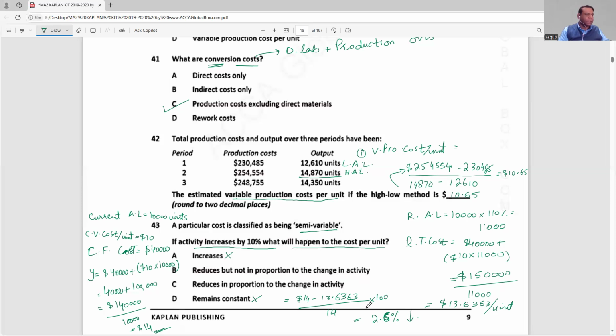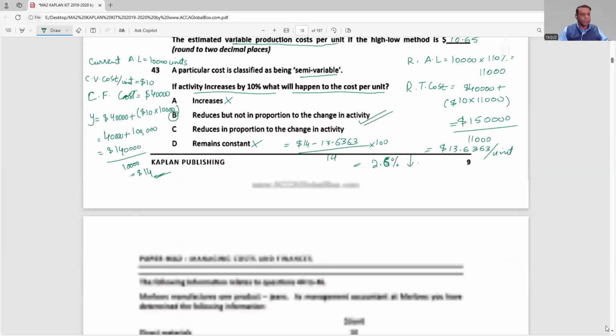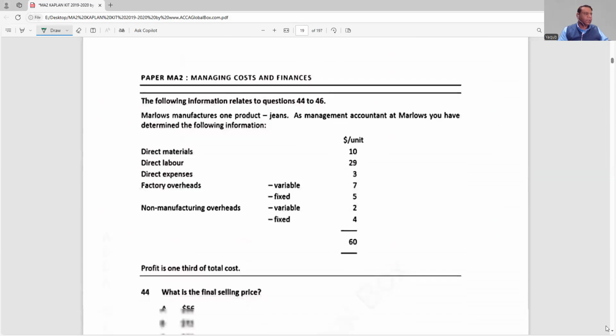So activity level is rising by 10% and total fixed cost per unit is falling by 2.6%. So it is reducing. This one is the right answer. B, it is reducing, but not in the same proportion or similar proportion with the change in activity. Activity is rising by 10% and it is reducing by 2.6%. Next one is